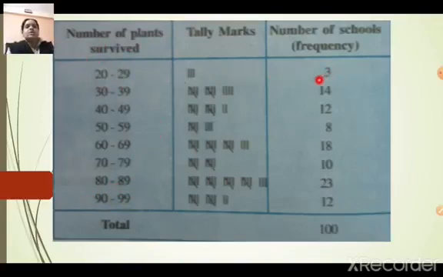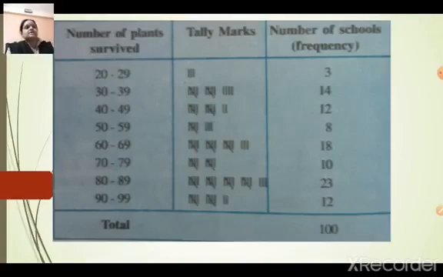That means whatever you can see in the data, if that particular value falls in that group, we will put a tally mark. Correct? Then we will count all the tally marks, and for a particular group the number of tally marks we will write over here in numeric form as a frequency. So we are getting the total frequency. As we know there are 100 schools, so we will get the total as 100. Is it correct? So this is nothing but called a group frequency table.